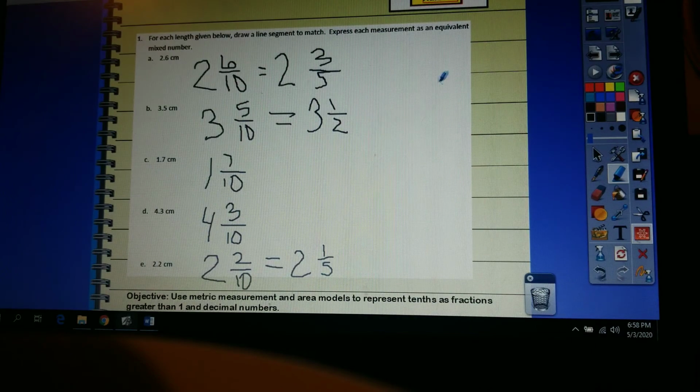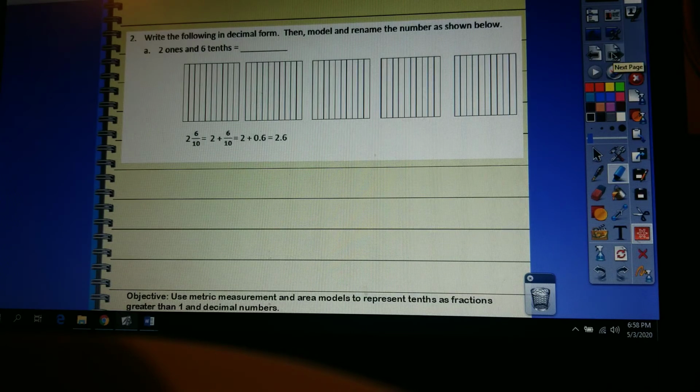Beautiful. Now I'm going to show you what they want you to draw. You'll be glad I didn't sit here and draw it. That's what they want you to draw. But I can't draw that, I can barely write numbers. Okay, so it says write the following in decimal form, then model and rename the number. So here, each of these has 10/10. They're broken into 10 equal parts. So we have 10/10, 20/10, 30/10, 40/10, 50/10, because we have 5 and they're broken into